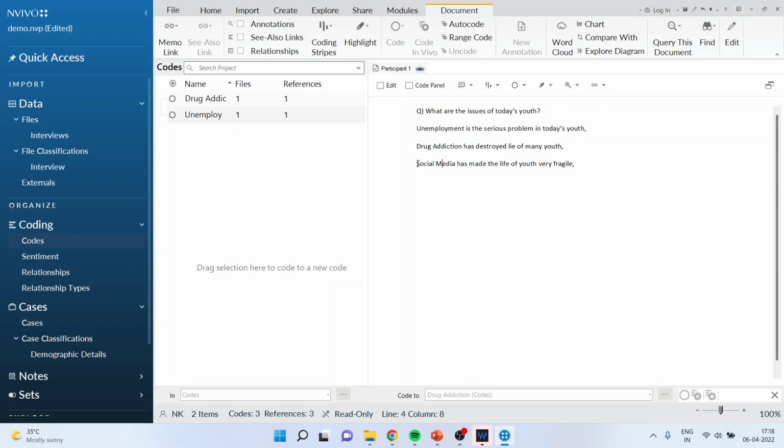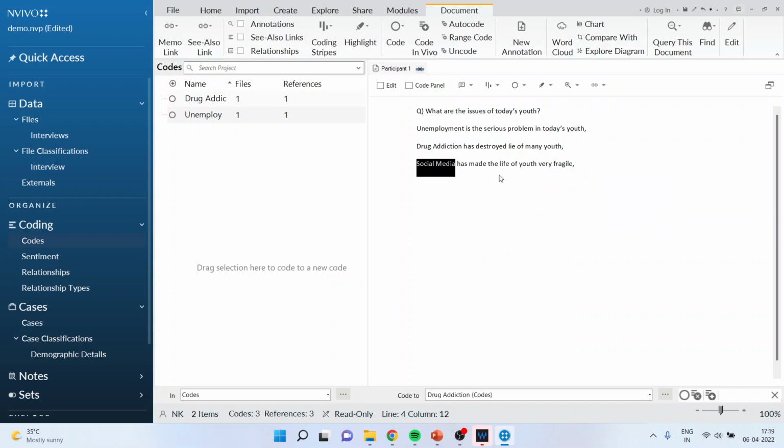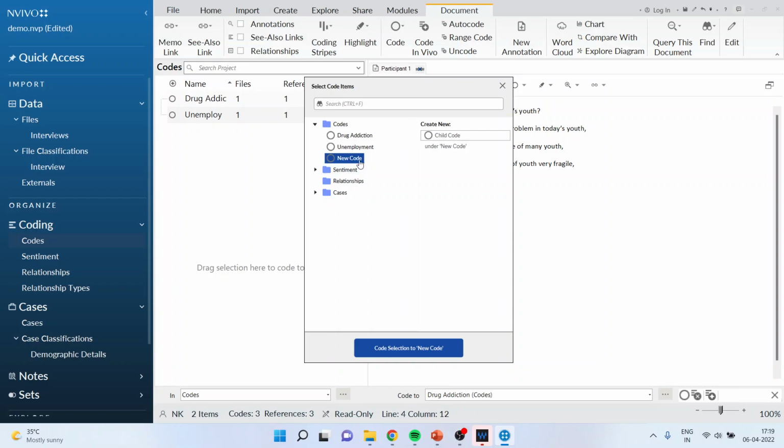Just select this social media and right click on it, and you can say code selection. If you find that this particular answer fits the codes which have been created by you, that is, this particular problem is related to drug addiction or unemployment, it can be loaded there. You can directly select from recent codes. But if you want to create a new code, again go to code selection, and this time you will say create a new code, top level code, and name this. The problem was social media. So I will click here and write it down here as